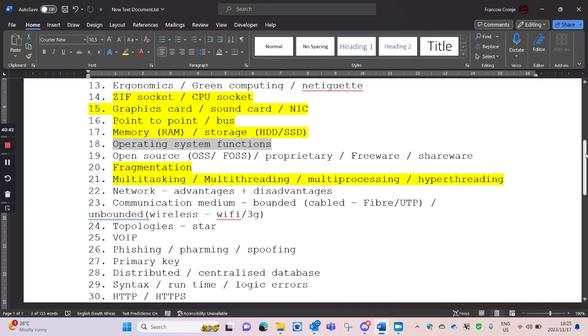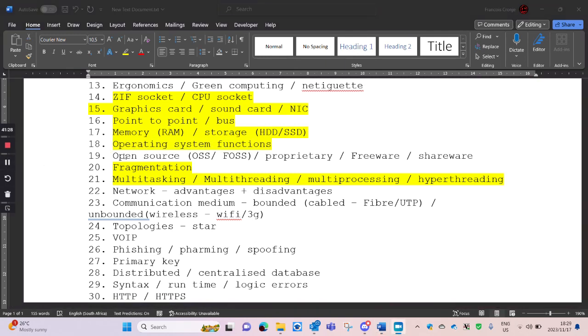I saw somewhere that they asked, so what does it mean that the operating system does process management? And your answer to that would just be basically the operating system can decide what should be processed next and what not. So the operating system will tell the CPU, listen, this program is minimized, so don't worry about it. It's not important. But this program is the current one that the user is busy running now and it's on his screen. So focus all your energy on that one. So the operating system basically tells the CPU which processes to spend more time on and which ones not so much.